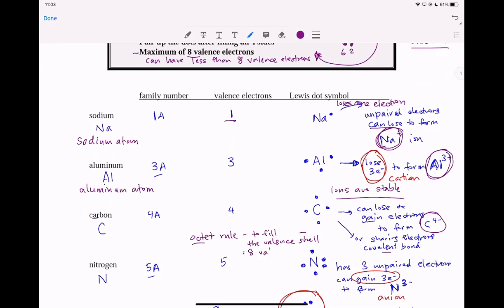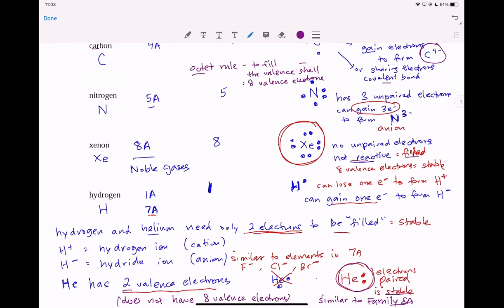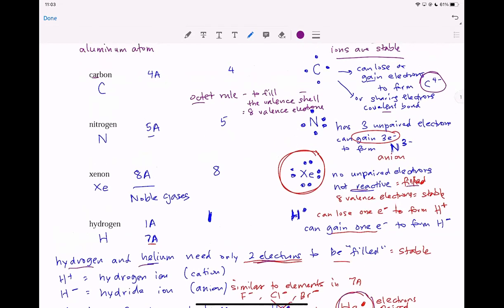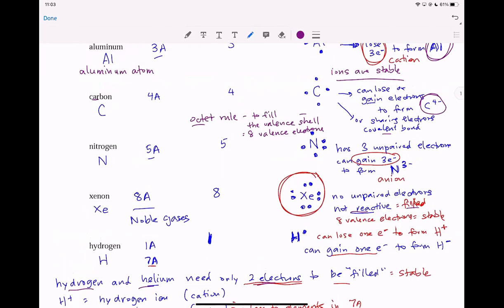So you're going to have either 8 valence electrons or 2. And you have 2 valence electrons when you have hydrogen and helium. Okay, but the majority of the periodic table, and those are all the elements in the A series, follow the octet rule, and they want to have 8 valence electrons. And so